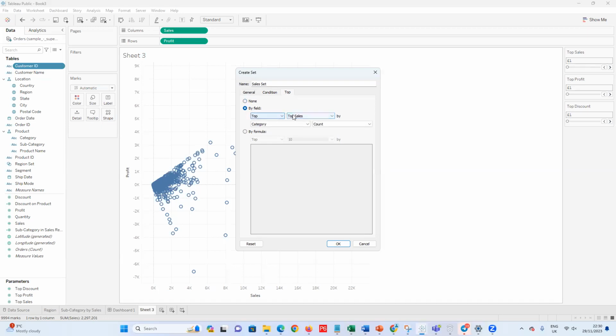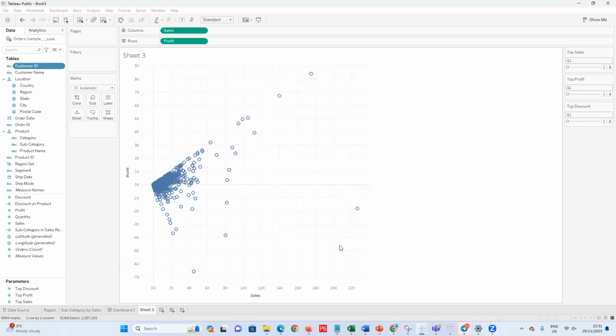Sorry. So I would do the top 10 here, based on the top sales, then the category that I would include there would be sales, and we're going to use the sum. So okay, like that. If I bring the sales set, I put it on color. And if I adjust this,